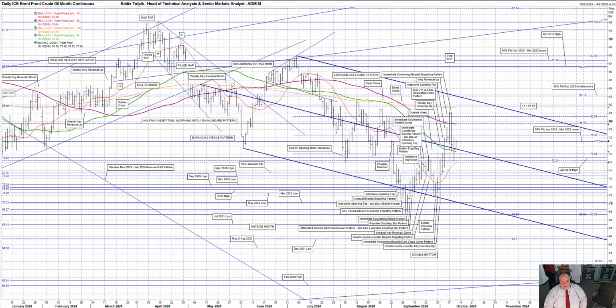ICE Brent crude oil futures. A second bearish black crow yesterday, following on lower from the previous session's impressive immediate countering bearish engulfing pattern and the pipe top made earlier this week. The market found resistance at the 50% Fibonacci line of the April 21 to March 22 move at 77.54, and